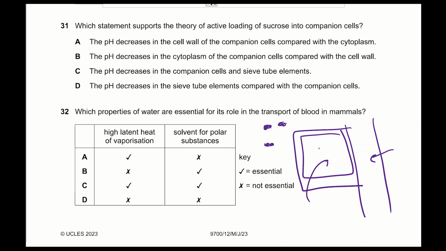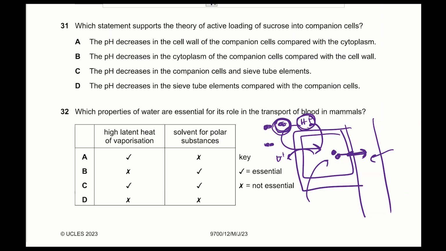Now, what the companion cell does is that it pumps hydrogen ions in an active process, therefore reducing the pH at the cell wall, because when hydrogen ions increase in concentration, this reduces the pH at the cell wall. These hydrogen ions then combine with a sucrose molecule and go back inside the companion cell via a transport protein. So hydrogen ions go against the concentration gradient, while sucrose goes down the concentration gradient. Therefore, when sucrose is now inside the cell, it moves by simple diffusion through the plasmodesmata into the phloem